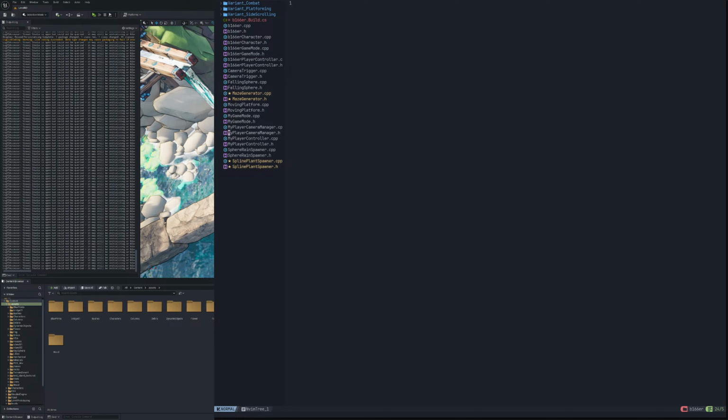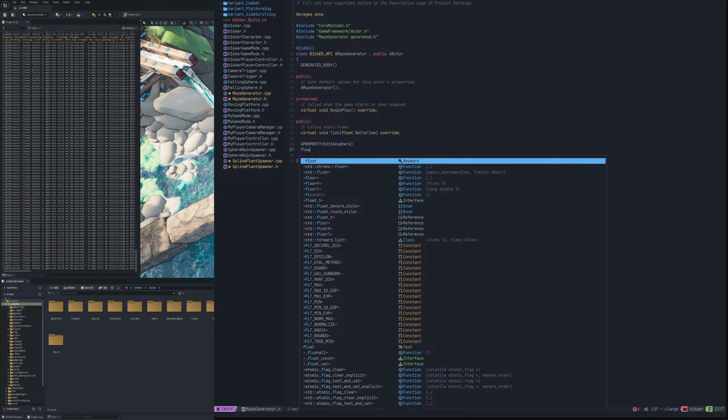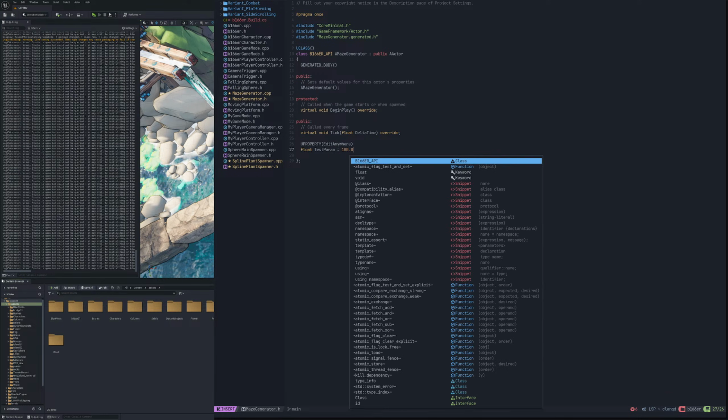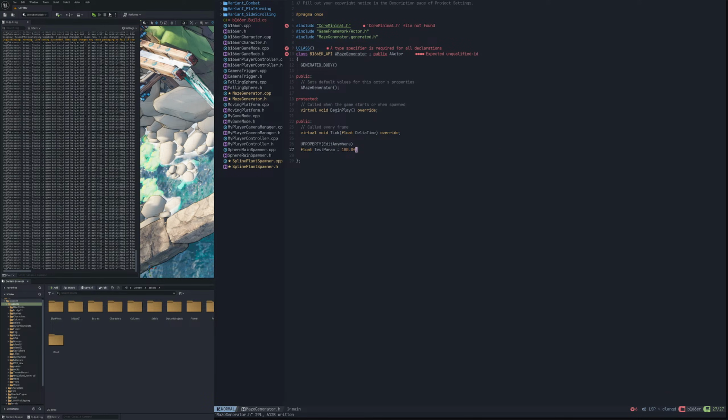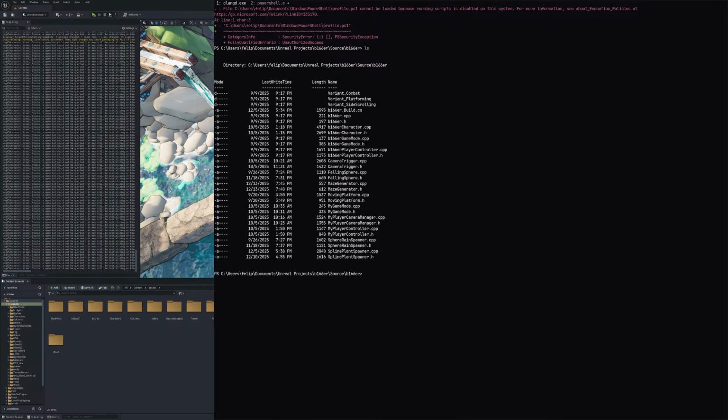I'm gonna jump into our new stuff. So let's just see if we can at least compile this. Let's do some random view property, edit anywhere, and let's just give it a name. Let's just do some variable float test param equals to some float value, that should be all, and in another terminal